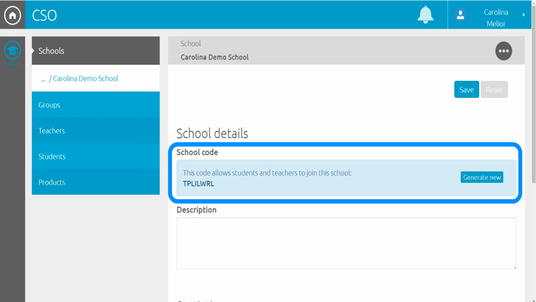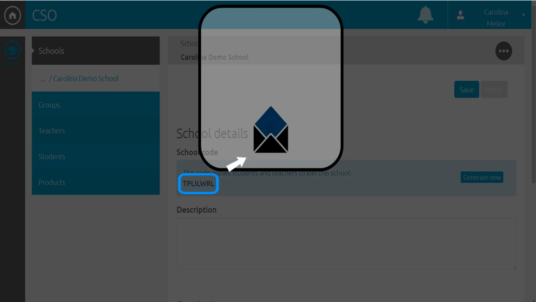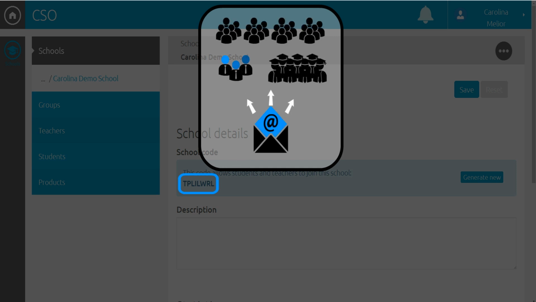school code used by other teachers and students to join your school on Carolina Science Online. Make a note of your school code and email this to teachers in your school. You can also use this school code to invite students to join your school when they create their own students